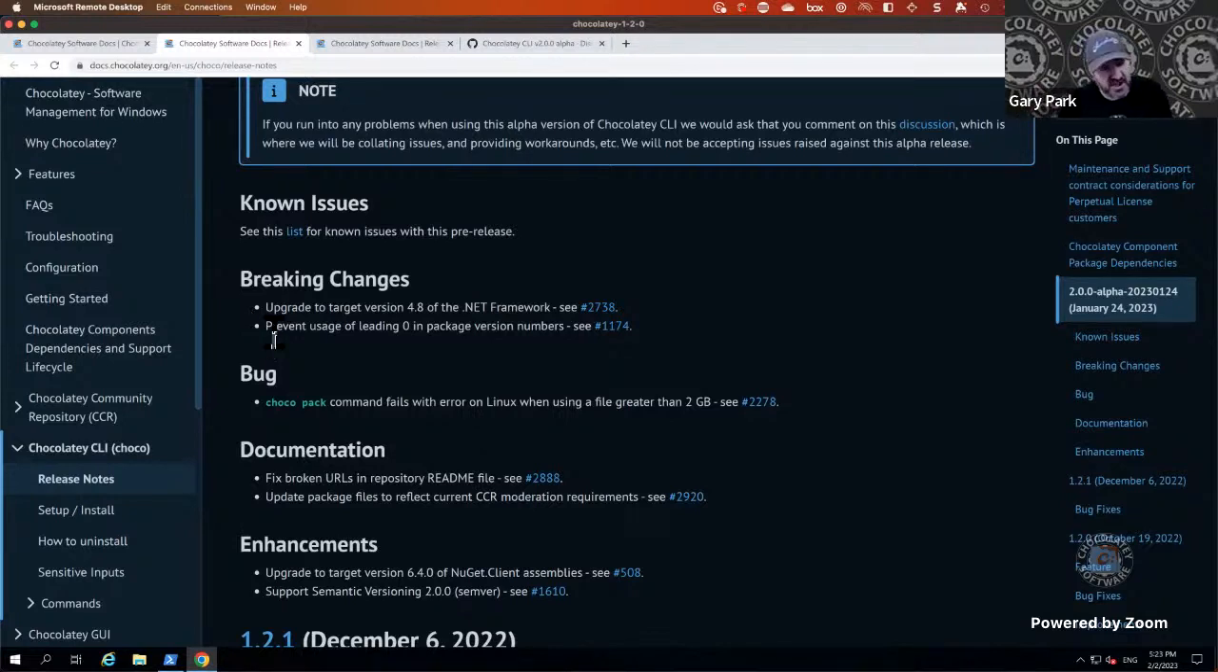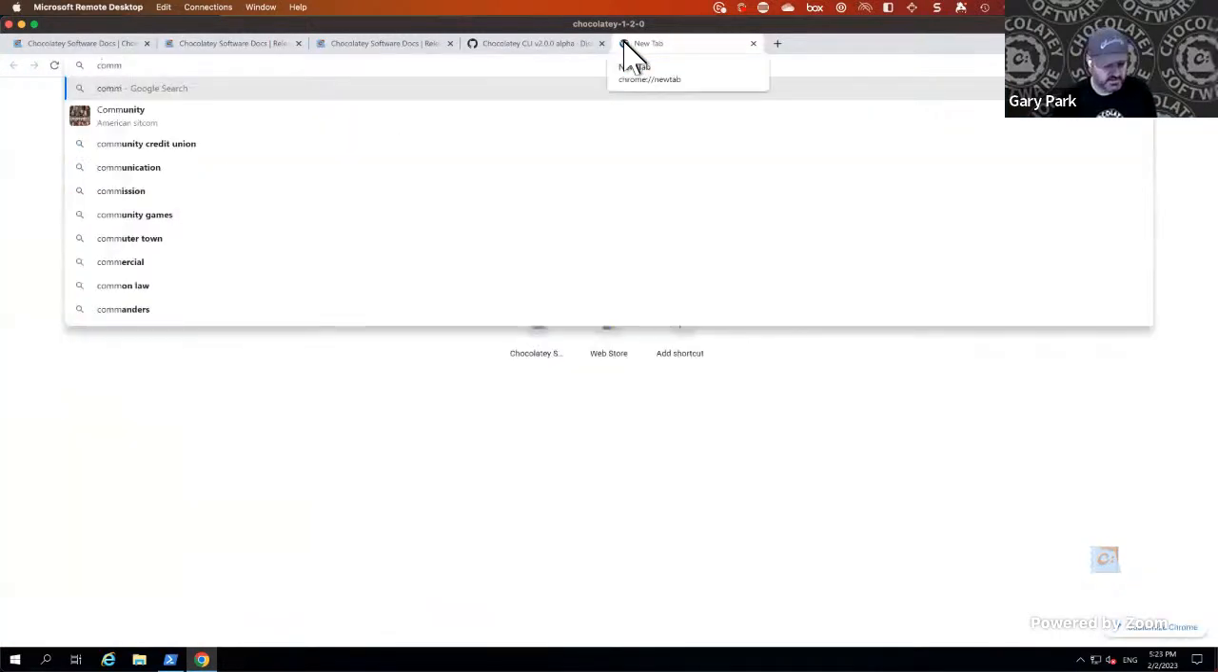The other breaking change that I've mentioned here, and this change really comes because of the uplift to the newest NuGet client libraries, is that we're going to prevent the usage of a leading zero on a package version. So the prime example of that would be something like the 7-zip package, I believe. So if I go and look on the community feed